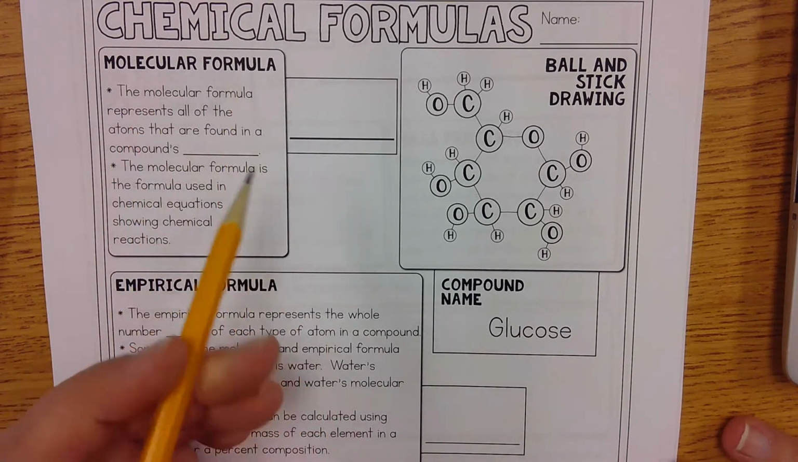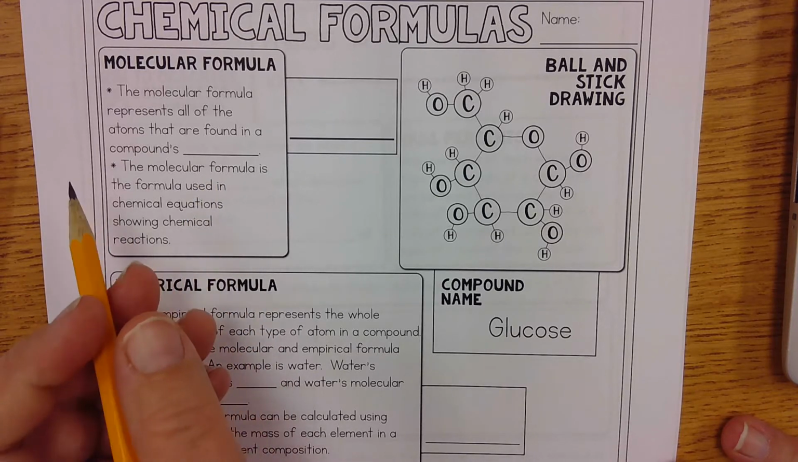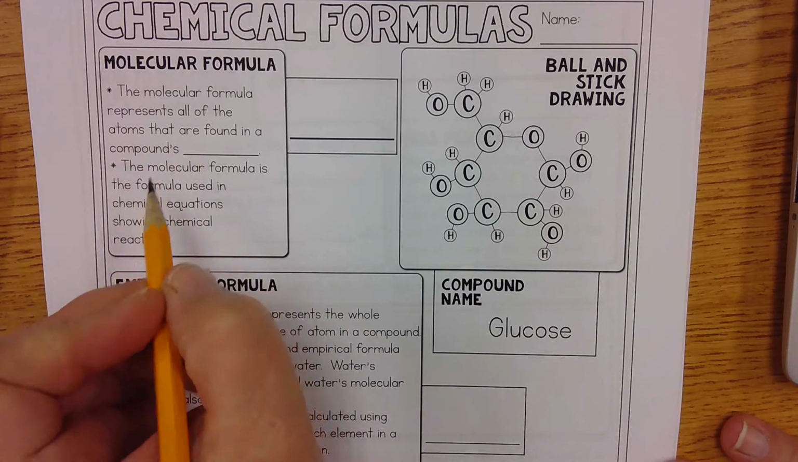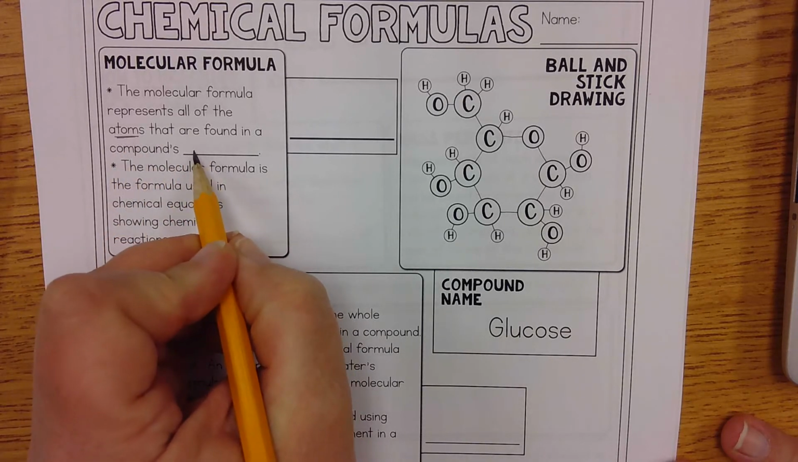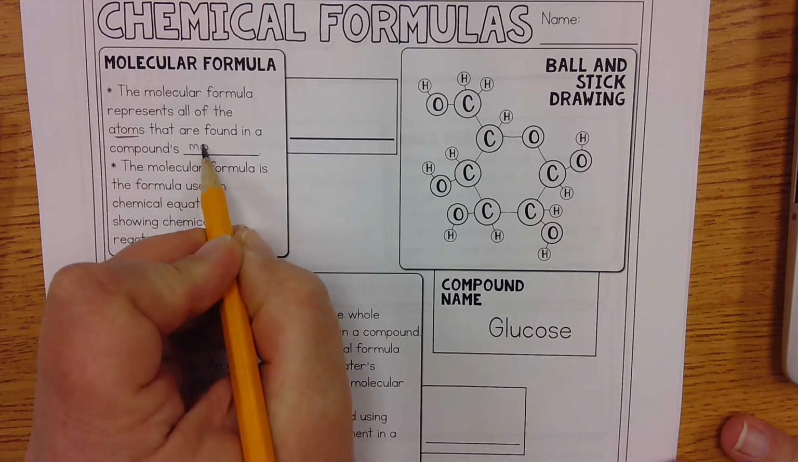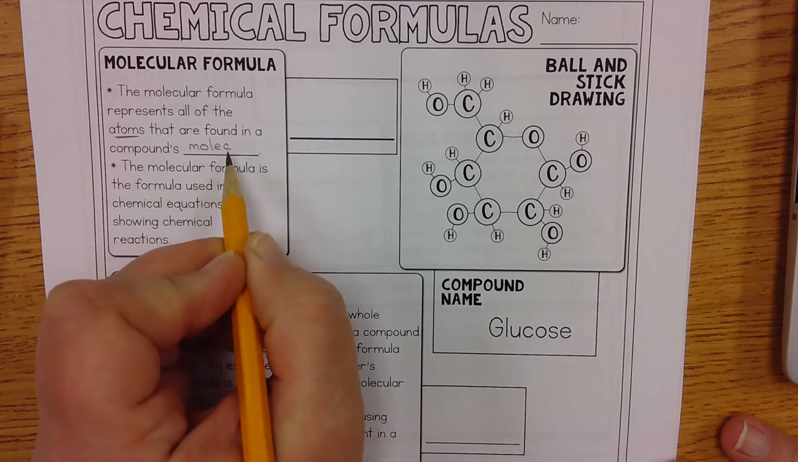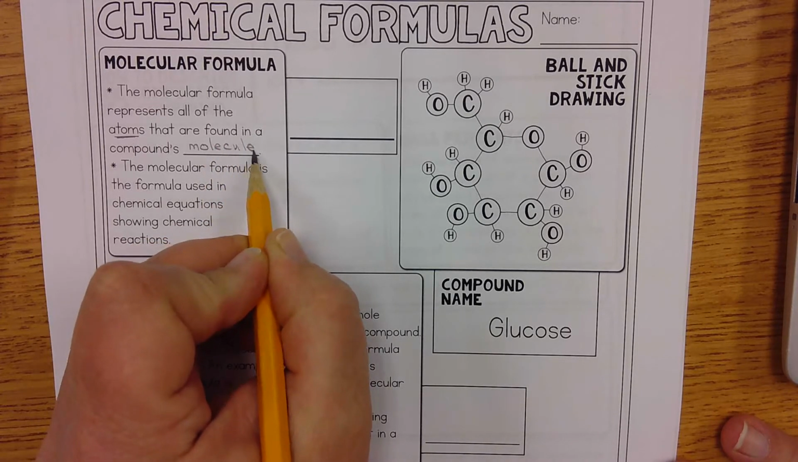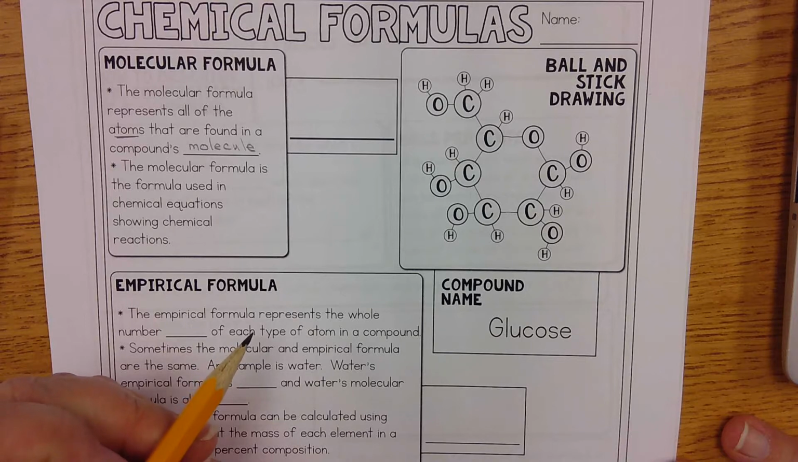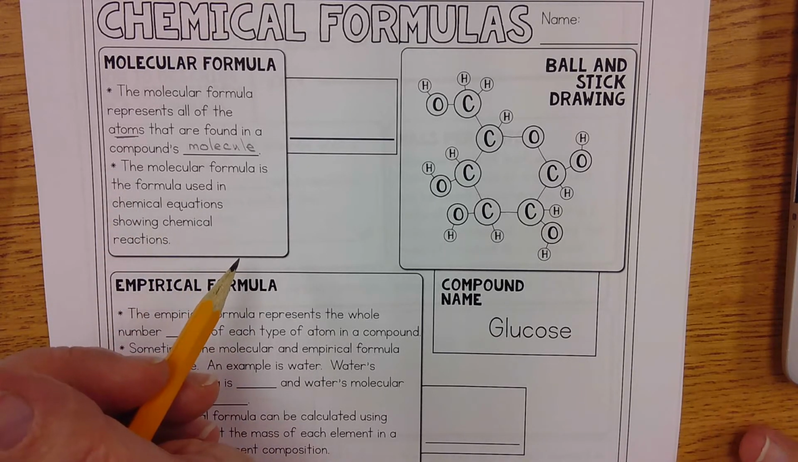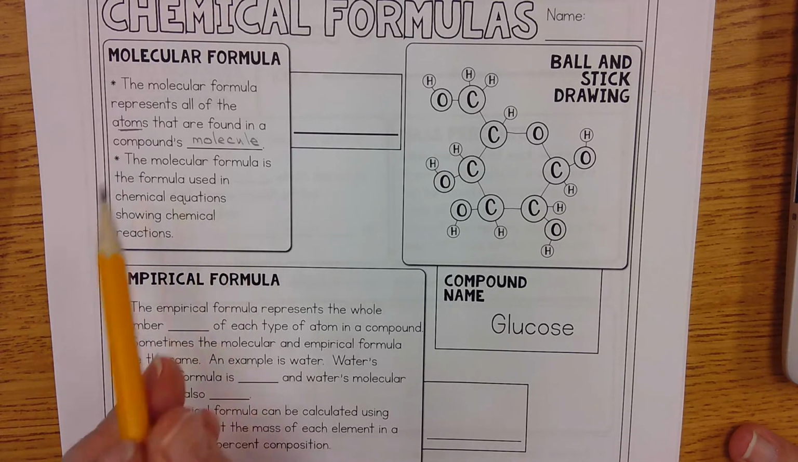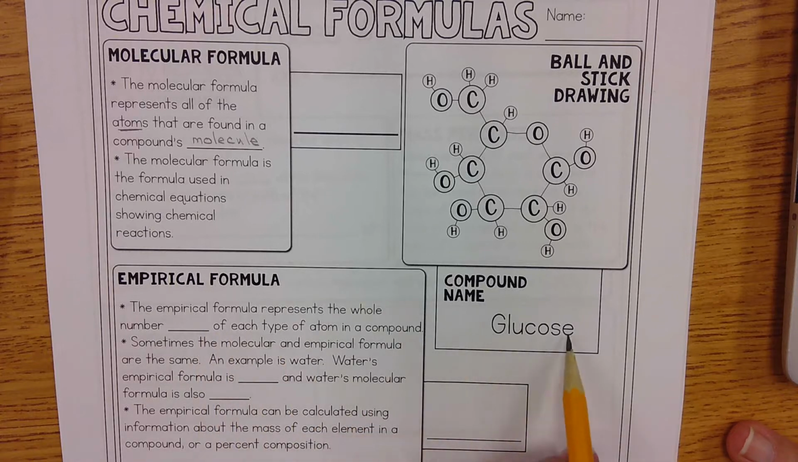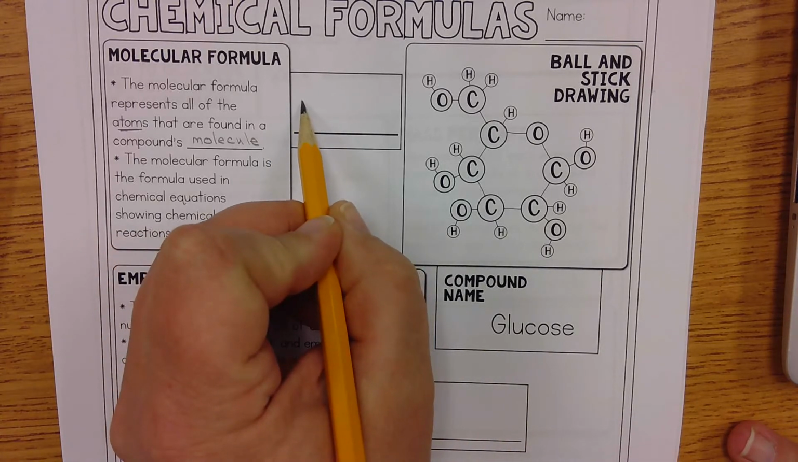The first way is called the molecular formula. And the molecular formula represents all of the atoms, all of them, that are found in a compound's molecule. So it lists in shorthand form all of the elements found in a molecule. It's a pretty standard one that you see written out. So for glucose, you'll recognize this. It is